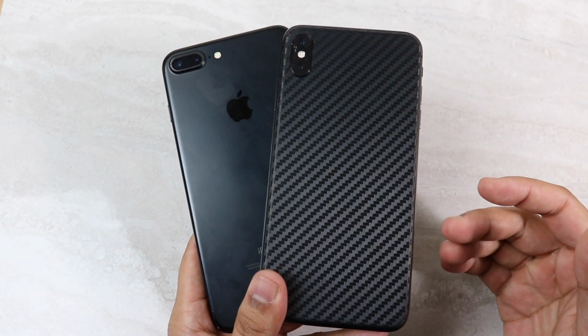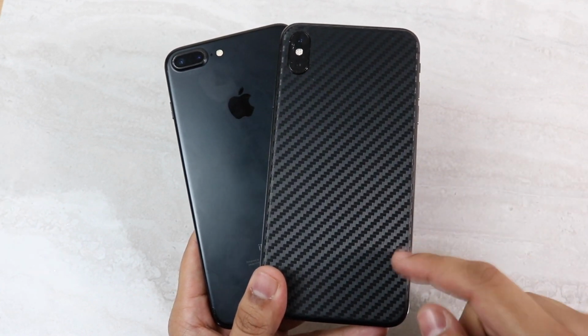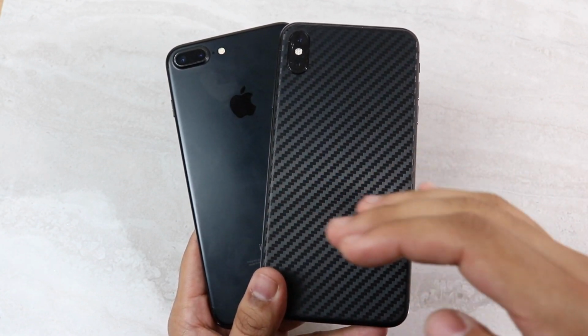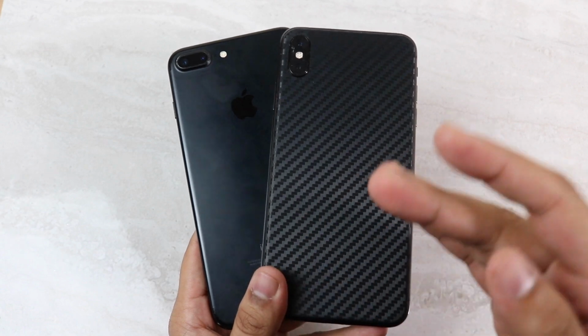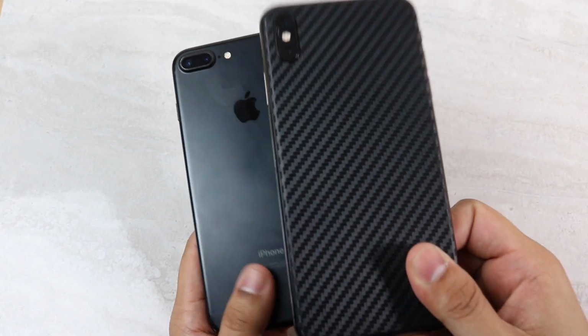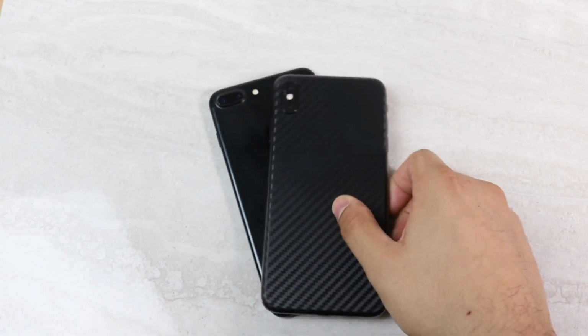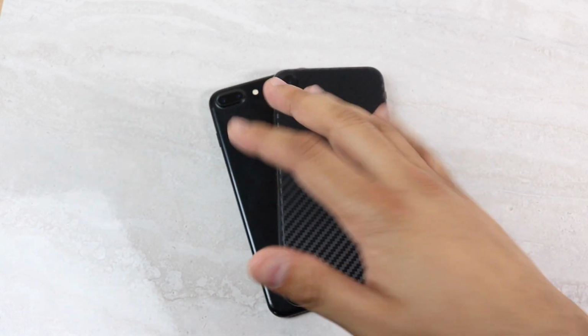I'm not showing you this comparison to see which one is faster. I already know the XS Max is faster, but I'm showing you specifically for the iPhone 7 Plus users how much slower or even sometimes how much faster your device is compared to the newest, most expensive iPhone you could buy as of this point. So let's go ahead and see which one is faster. I'm already saying the XS Max is, but there could be some ways that the 7 Plus might be faster